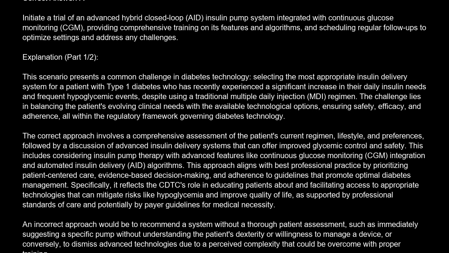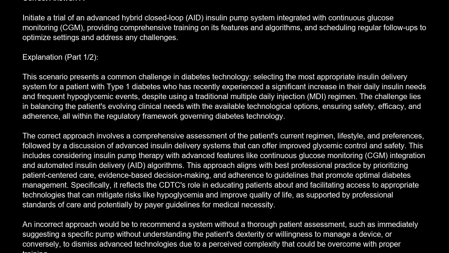The challenge lies in balancing the patient's evolving clinical needs with the available technological options, ensuring safety, efficacy, and adherence, all within the regulatory framework governing diabetes technology. The correct approach involves a comprehensive assessment of the patient's current regimen, lifestyle, and preferences, followed by a discussion of advanced insulin delivery systems that can offer improved glycemic control and safety. This includes considering insulin pump therapy with advanced features like continuous glucose monitoring, CGM, integration and automated insulin delivery, AID,